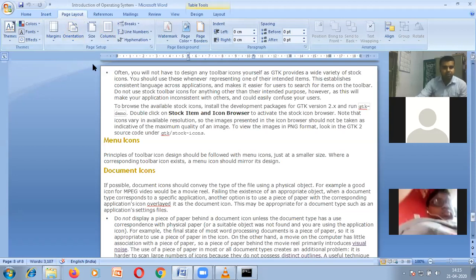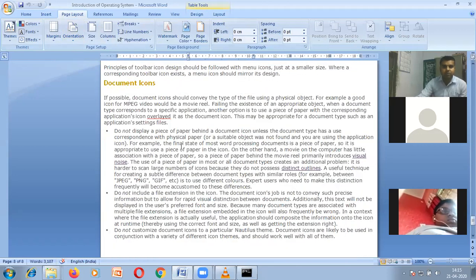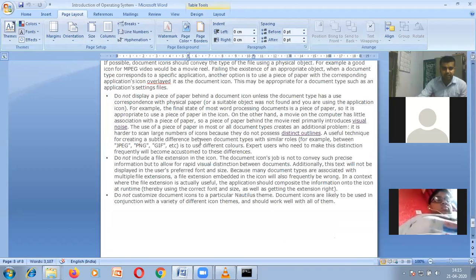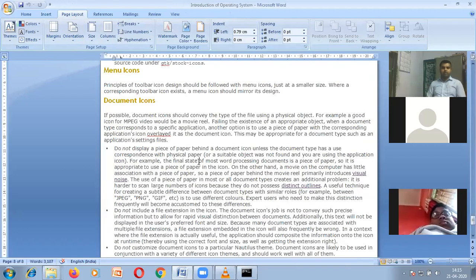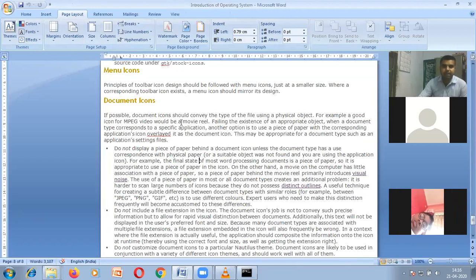Now, moving on to the documentation icon. Documentation icons are a slightly different kind of thing. Whatever document you are preparing, I repeat, whatever document you are preparing, the kind of file created with the help of that document, like this is a Word file. From the Word file, the icon generated will be the document icon, that is the Microsoft Office Word icon.